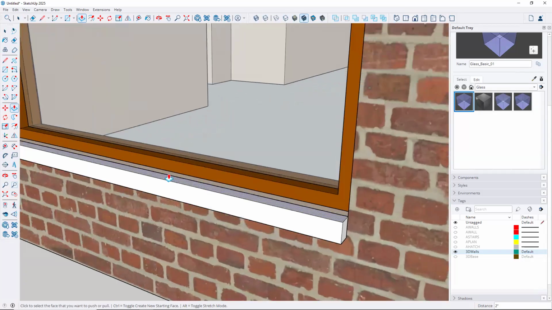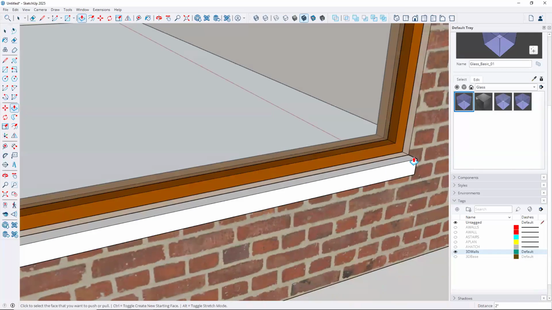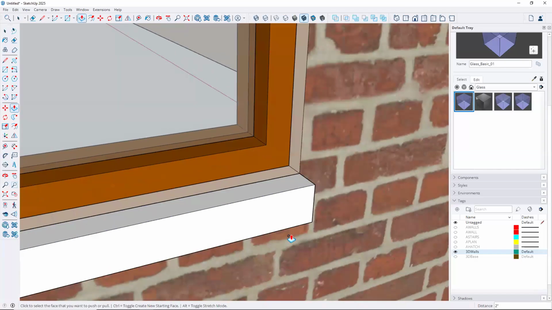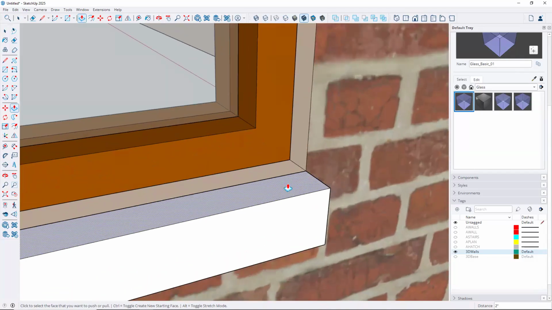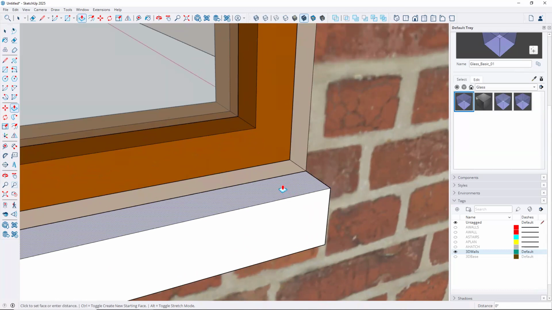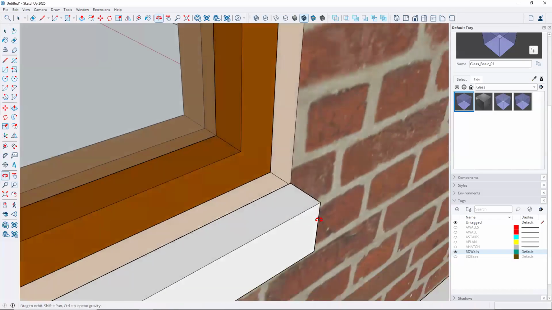Now, you'll notice that there's a bit of a return here on my brick. It doesn't matter, but if you wanted to get real technical here, you could. Otherwise, I'm going to show you a little cheat. I'm going to take this surface. I'm going to type P for push-pull. Click on that. And I'm just going to bring it up a simple 1/8 of an inch. 1/8, enter. And that's going to just help me out tremendously because then I'm going to orbit back here like